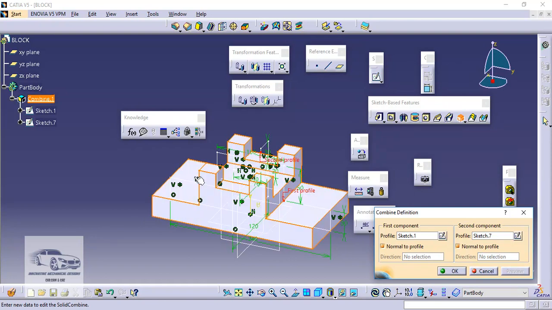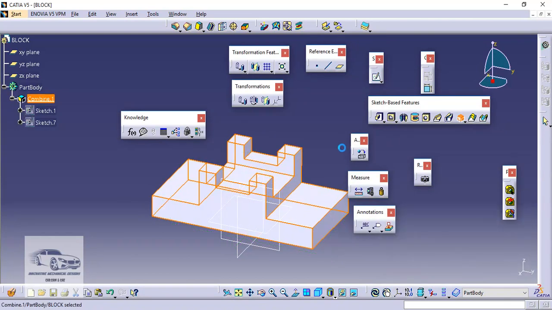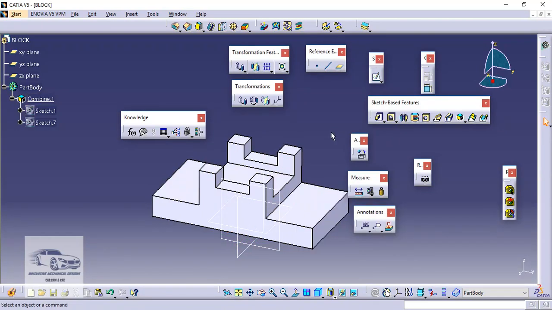In this particular area the front profile and the side profile have got the intersection, so we have already got the side cut without creating it separately. Not to mention here I have to create the top cut independently.